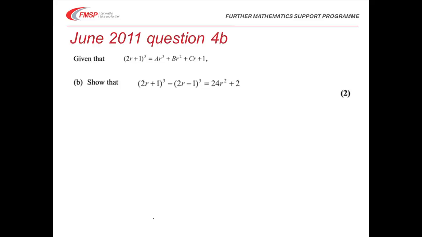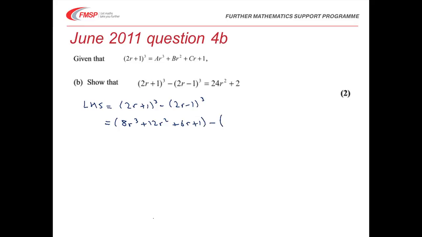In this part of the question we need to prove this identity is true, and to do that I'm going to start off with the left hand side and show that the left hand side can be simplified right down to the right hand side. (2r + 1) cubed we have already worked out is 8r cubed plus 12r squared plus 6r plus 1 minus,